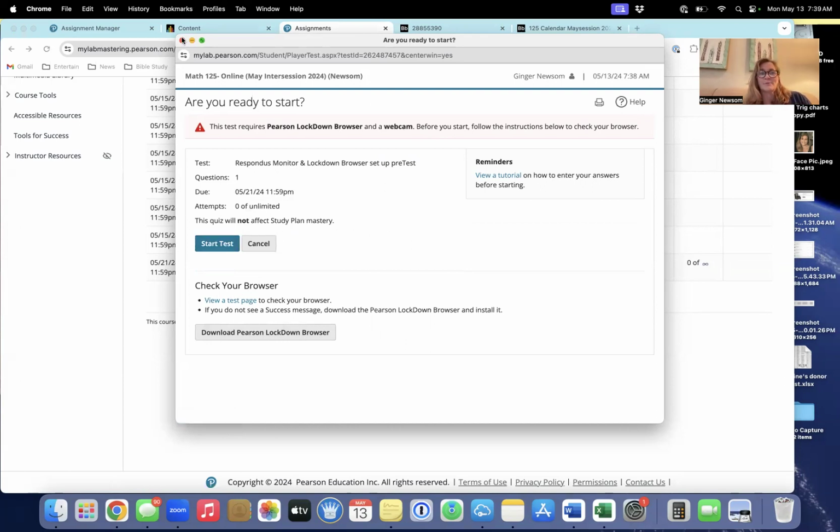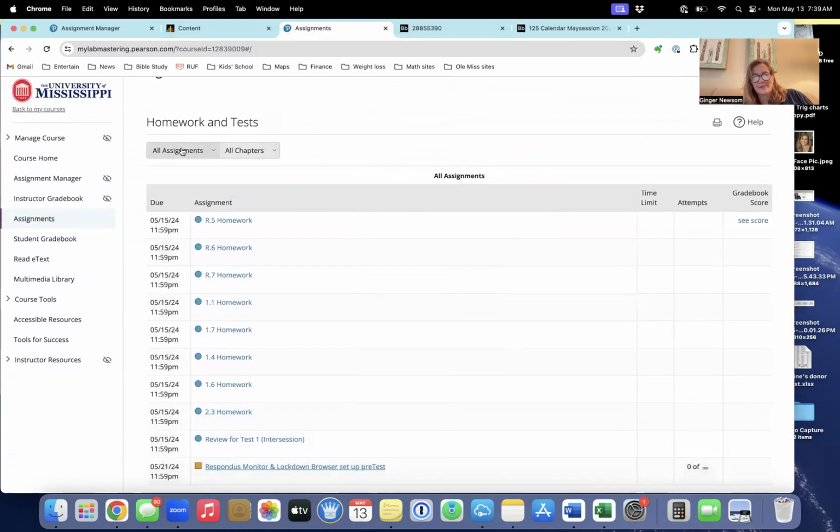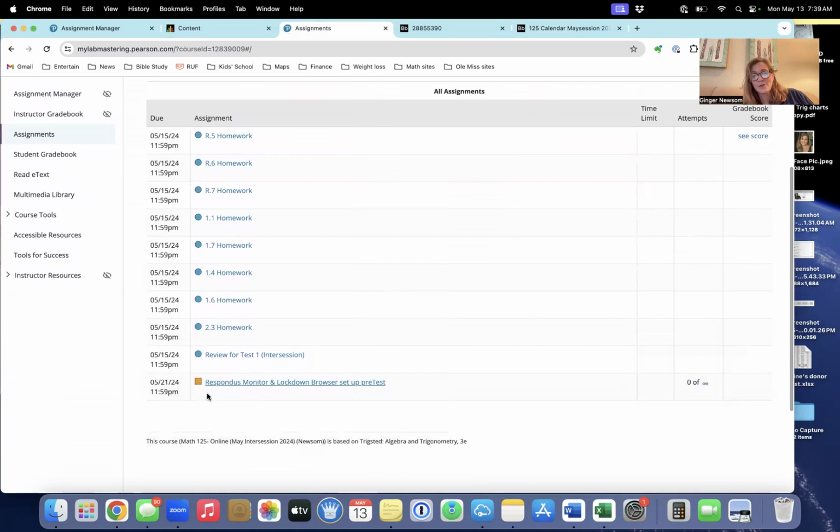It would be good for you to go ahead and do it. You can't take your normal test until you've actually done the pretest. But that might throw you off because if it's just set on homeworks, it won't show up. But I would have this on all assignments. And on Tuesday, your test will appear. I have it set up to actually appear in here on Tuesday. I'm sorry, on Wednesday when it's time to take the test.